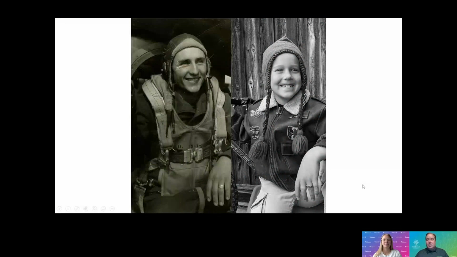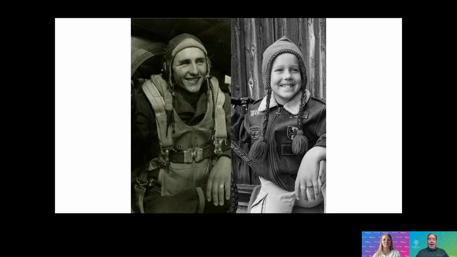It was a lot of fun for us to do that. This first one I've got up here is of my son. He saw a picture of his great grandfather, his great grandpa Call, who was a turret gunner on a B-17 bomber in World War II.